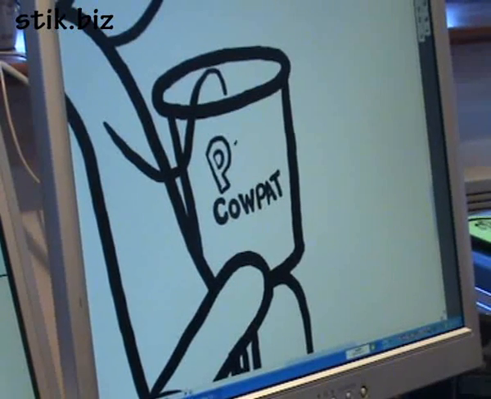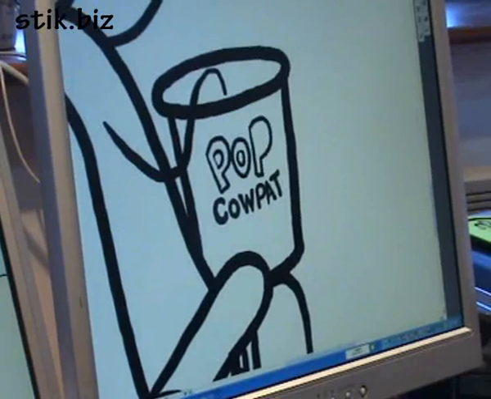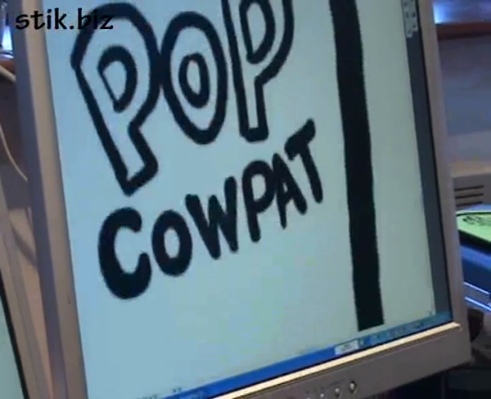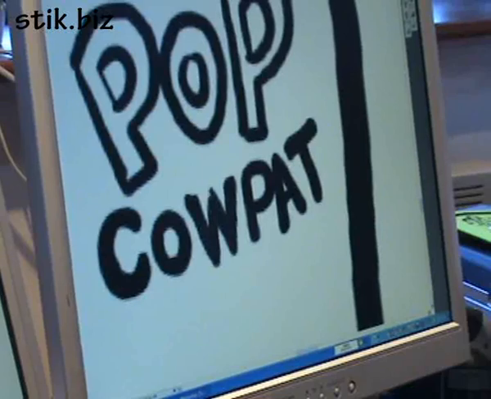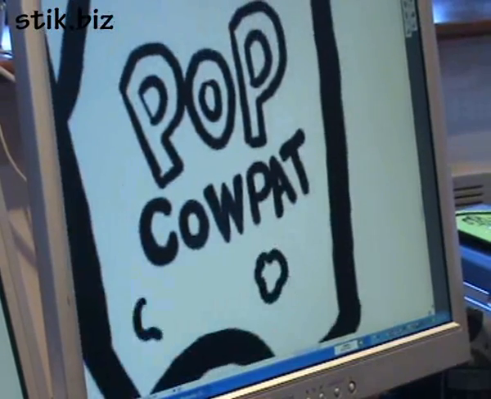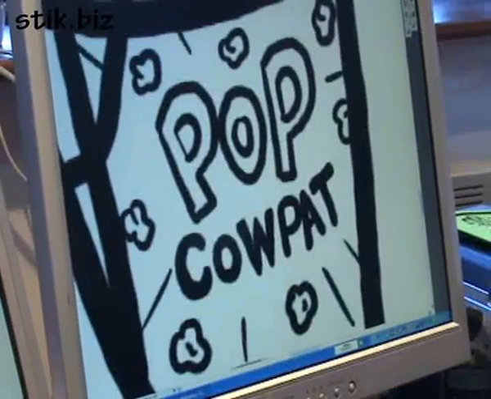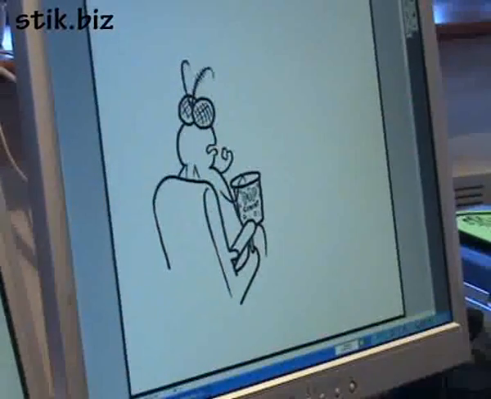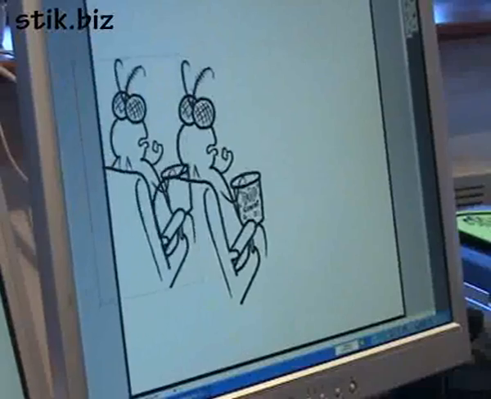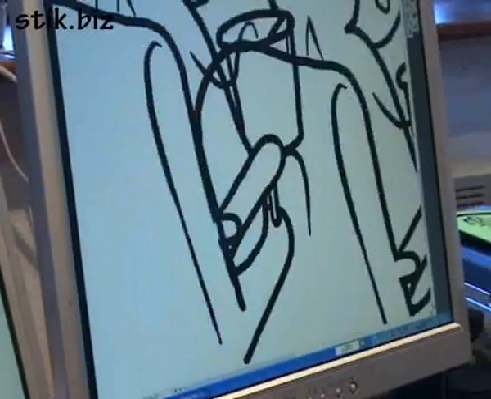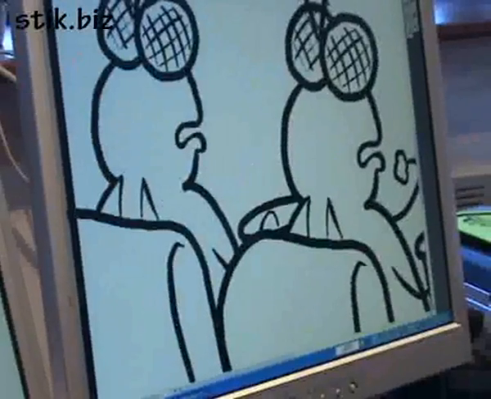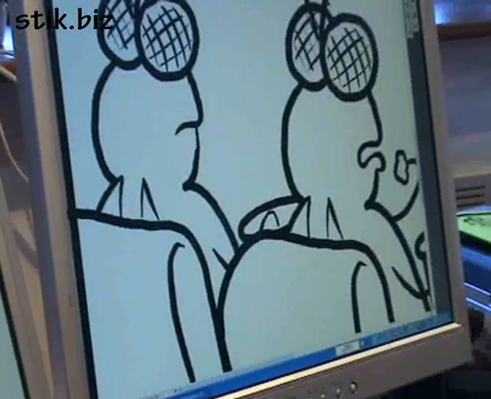I thought, well, what sort of stuff would they be eating? So I thought it'd be pop cowpat, because I was thinking popcorn, but then I thought, well, it's not corn, is it? So anyway, that's what I called it, and I thought that was quite funny. Nice little detail there. So he's eating away, and to save a bit of time, I copied him